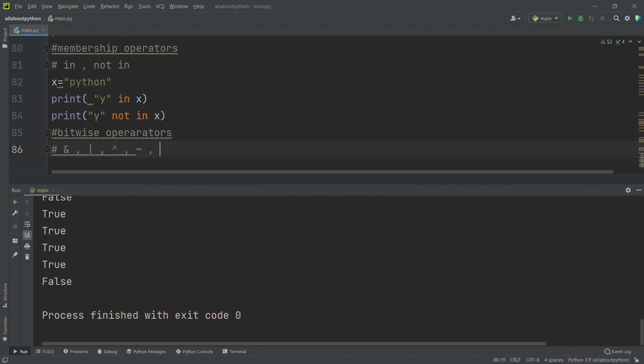We also have less than and greater than, but here we are not going to call them less than or greater than. This one is called zero fill left shift, and the last one is called signed right shift.